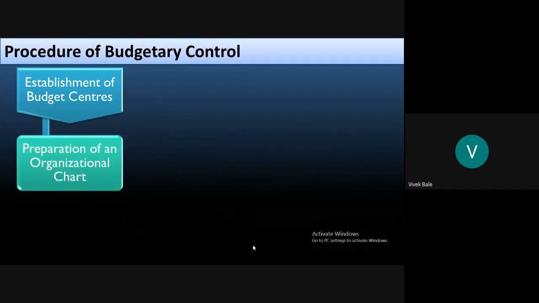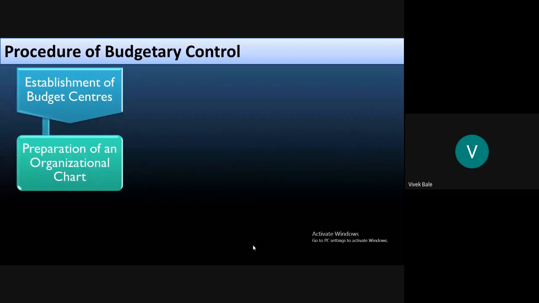The second step in budgetary control is that we should prepare an organizational chart. You might have studied this organizational chart in Business Management at SY BCom. An organizational chart, when properly drafted, will show you the functional responsibilities of each member of the management. The organizational chart will also ensure that the position may have to be adjusted to ensure that each center is controlled by the appropriate member of the staff. For example,